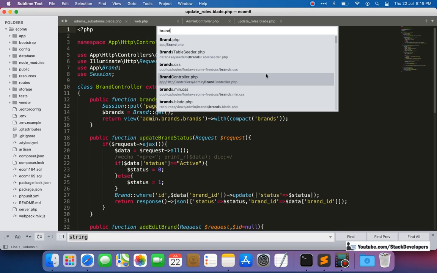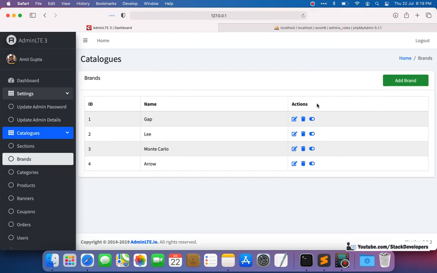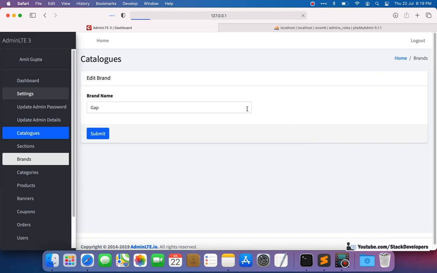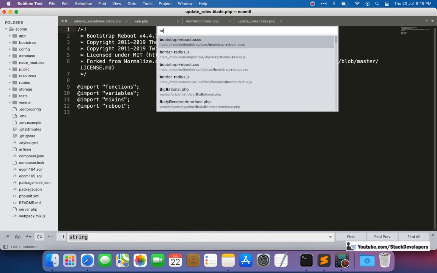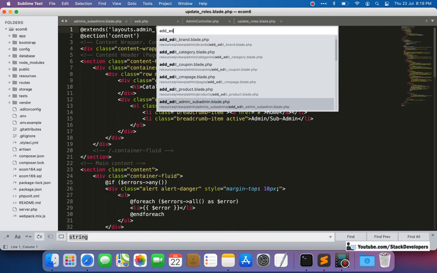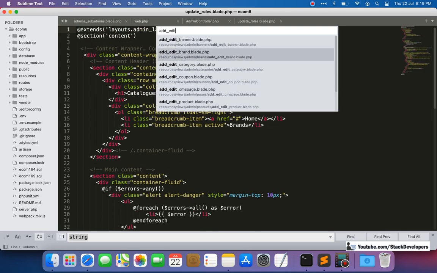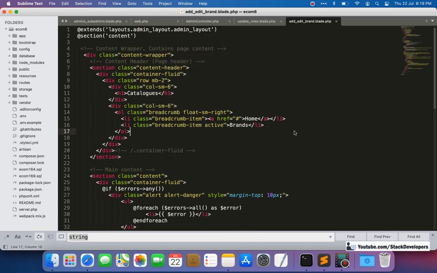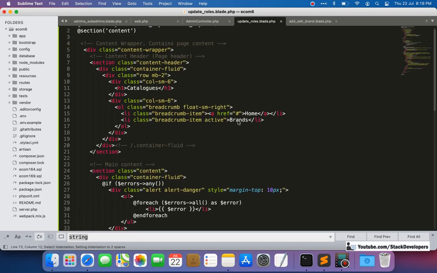I think one of the simple modules I can check here, that I want to copy some design. Yeah, this one I can copy from here, add edit brand. Okay, so I can copy from this one so that I can get the complete design, so that I can make the changes accordingly. So I can copy and just paste here,